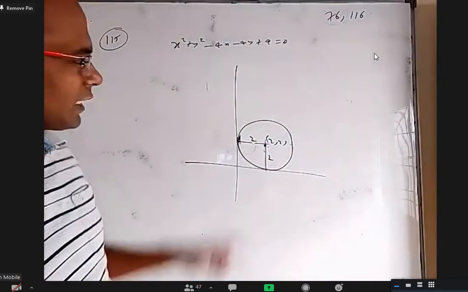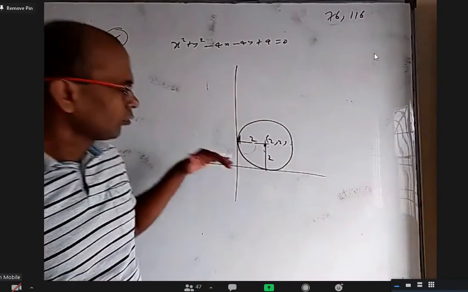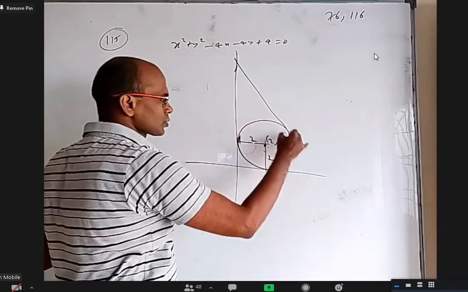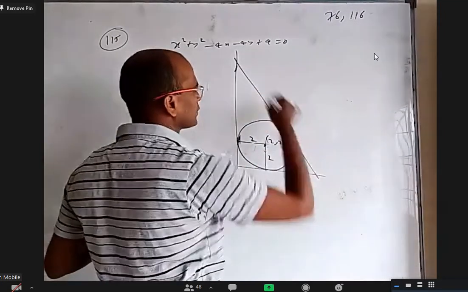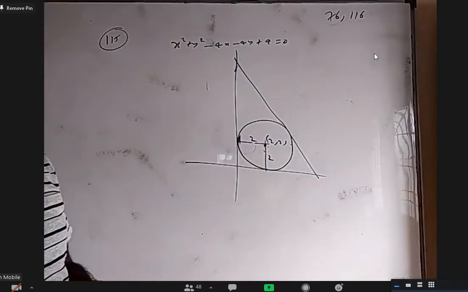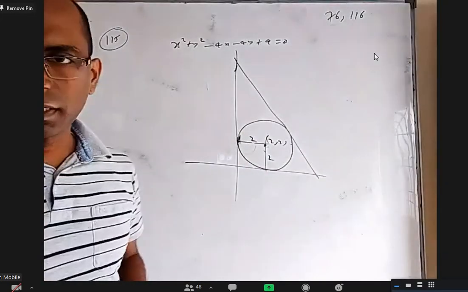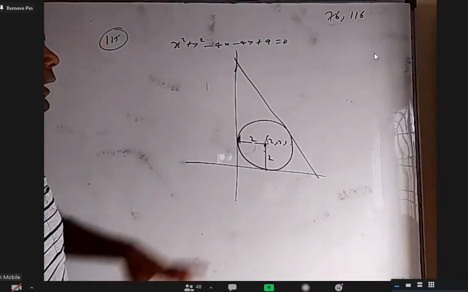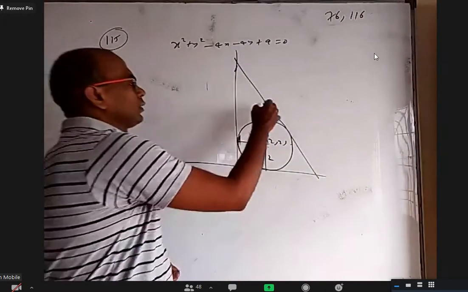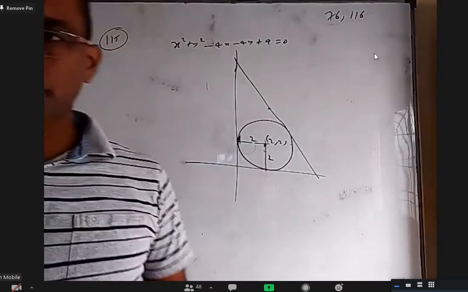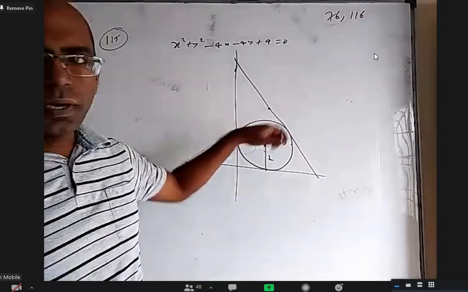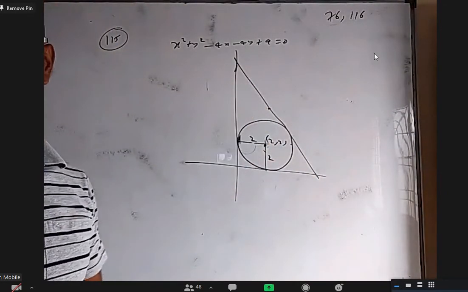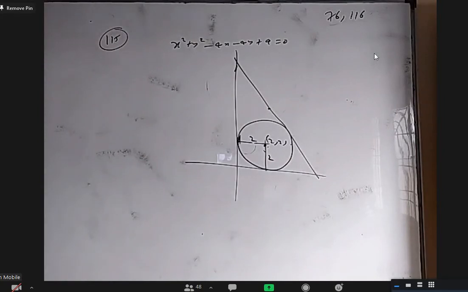This circle is the incircle of a triangle. One side is the x-axis, one other side is the y-axis. Another side can be like this, it can be like this, it can be like this. Okay. This circle is the incircle of a triangle whose one side is the x-axis, one side is the y-axis, and some other side. For the other side, there is a midpoint. What is the locus of that? Whether they ask this midpoint or they might ask what is the circumcenter of this triangle, maybe. It doesn't matter. For a right-angled triangle, the circumcenter is the midpoint of the hypotenuse. If you want, you can read the question once.